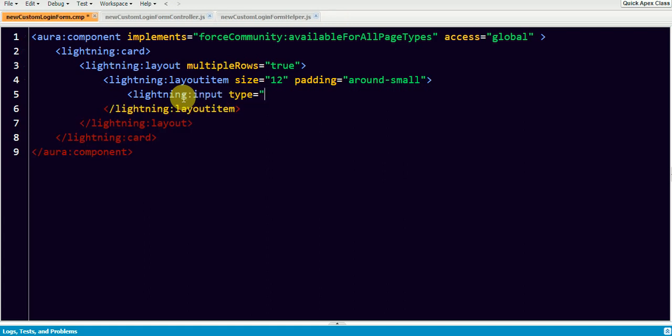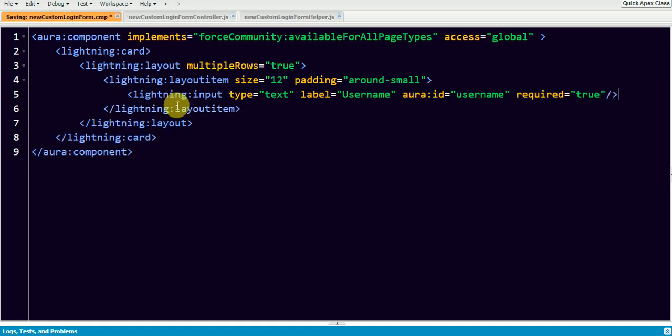Type is equal to text, and I'm gonna give the label as username, and also I'll give an aura ID. Let's give the aura ID as username, and here I'm gonna mark this field as required. Just use the required attribute and make this true. That's it. So this is one layout item which includes username.